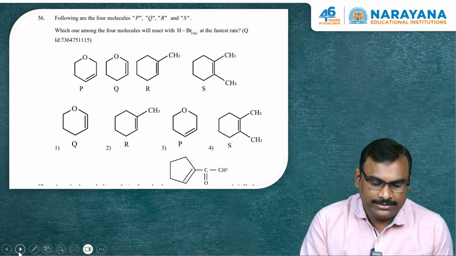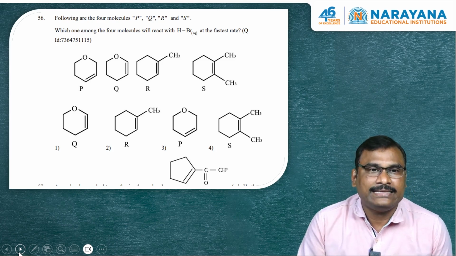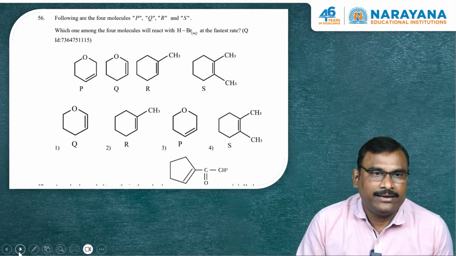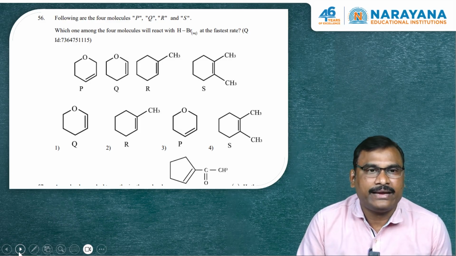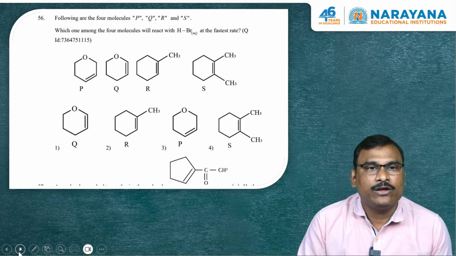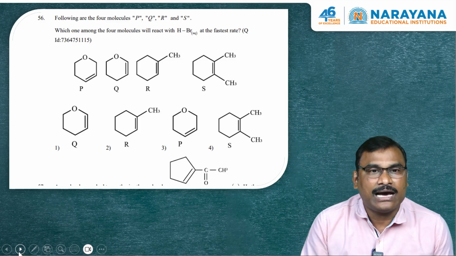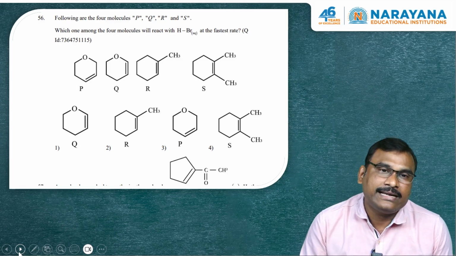After addition of the electrophile, a carbocation is generated. This step is the rate determining step. As the stable carbocation is generated, the reaction rate will be faster. So the stability of the carbocation will decide the rate of reaction in